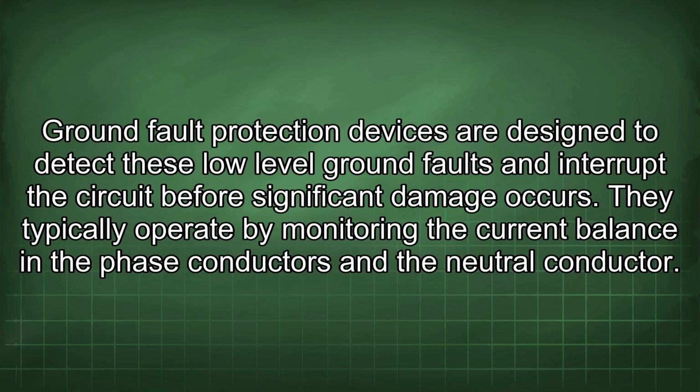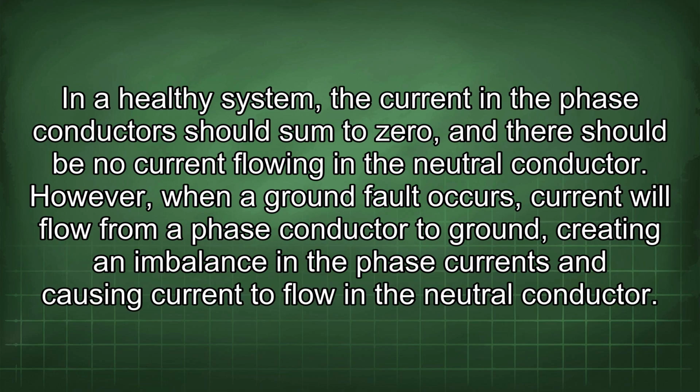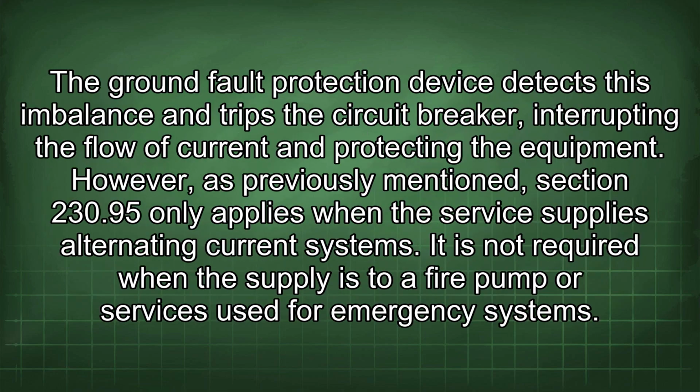Ground fault protection devices are designed to detect these low-level ground faults and interrupt the circuit before significant damage occurs. They typically operate by monitoring the current balance in the phase conductors and the neutral conductor. In a healthy system, the current in the phase conductors should sum to zero, and there should be no current flowing in the neutral conductor. However, when a ground fault occurs, current will flow from a phase conductor to ground, creating an imbalance in the phase currents and causing current to flow in the neutral conductor. The ground fault protection device detects this imbalance and trips the circuit breaker, interrupting the flow of current and protecting